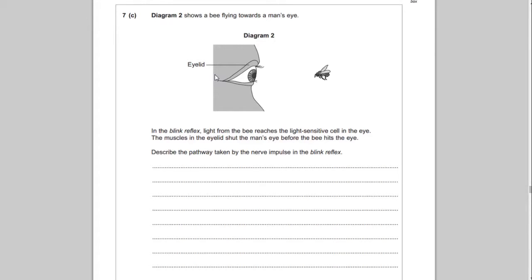So again, this is asking you about nerves, and it's asking you to write the pathway of a reflex action. Now you may not have looked specifically at the blink reflex, and you may have been looking at the reflex for moving an arm away, but the reflex action is still exactly the same. So first things first is